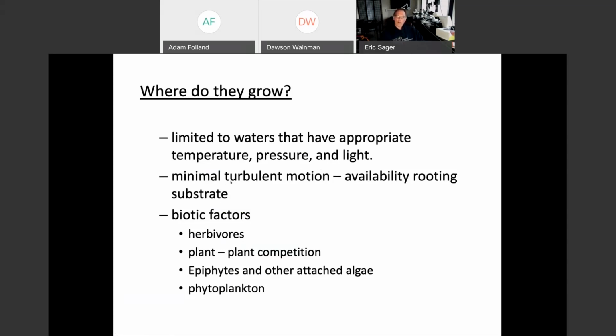And then there are some other biotic factors. Herbivores chew on them. There's plant-plant competition. And then they have this unique battle with algae in terms of some species are able to produce chemicals that inhibit the growth of algae, but that system gets overwhelmed if there's a lot of algae present. And so we get epiphytes, which are algae growing onto the plants. We get metaphyton, those long filamentous strands that get tangled up in the plants, and that can lead to shading,